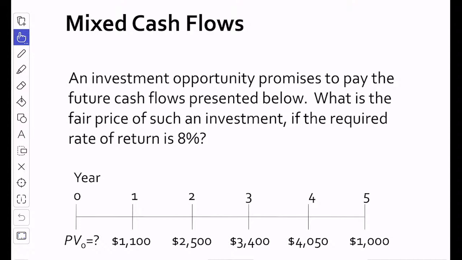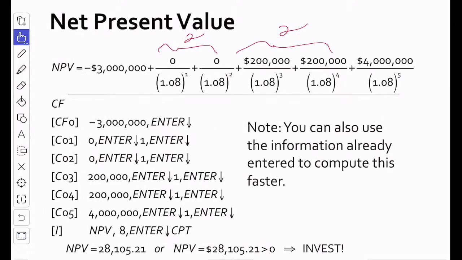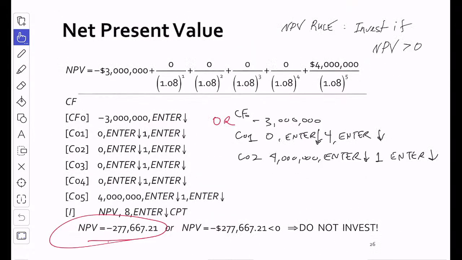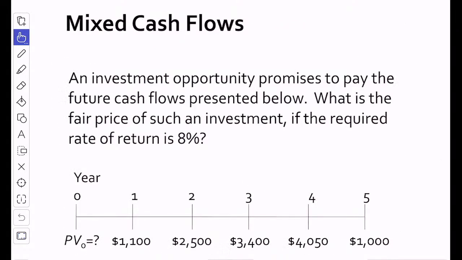We're going to use the same worksheet, the cash flow worksheet on your financial calculator or NPV in Excel if you're using that. But now there's no pattern recognizable as it was here or over here. We have mixed cash flows. So how can we use the NPV or the cash flow worksheet to solve this problem? Not only are the cash flows mixed, the other issue is that